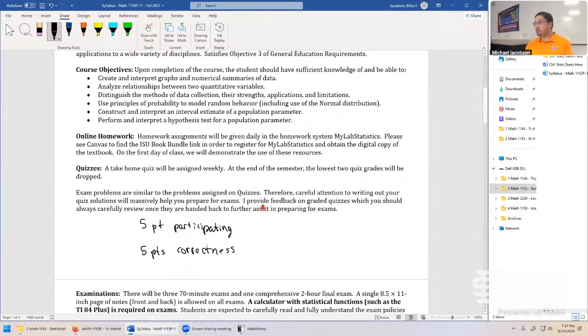You're allowed to work in groups. You have to write up your own solutions. So even though they're called quizzes, they are a take-home quiz. It's like a paper version of the homework assignment to show you what a real exam question will look like. And I myself will be providing a good amount of feedback on every one of those quizzes. I'll look at them carefully, mark them up, and return them back to you.